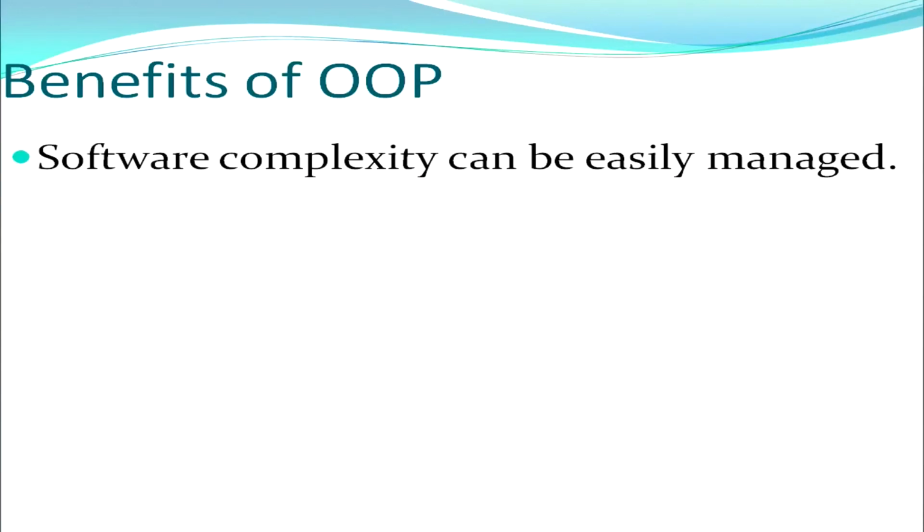So, after learning various features of object oriented programming, we come to the benefits of object oriented programming. Why is it becoming so popular these days? Why is every programming language using the concepts of object oriented programming? It is reducing the software complexity, and it can be easily managed as all objects are independent of each other. Because of inheritance, the program reusability increases, so the software complexity also decreases.